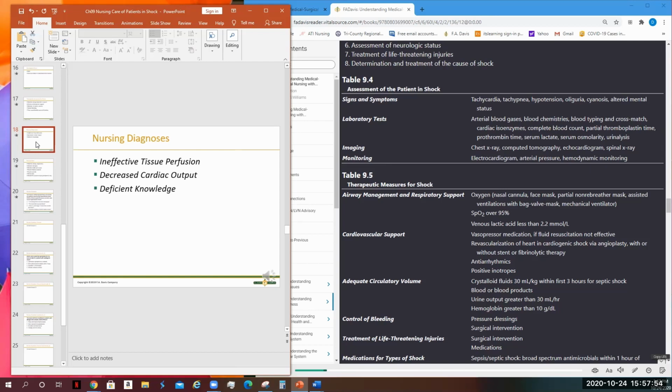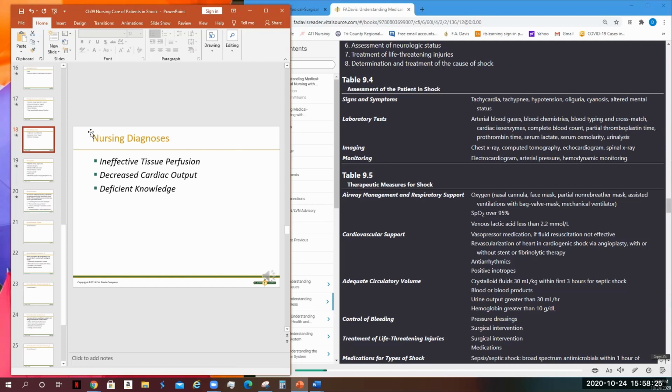And for imaging, might include chest x-ray, a computed tomography or CT scan, which is a series of x-rays, echocardiogram, or a spinal x-ray. For monitoring, there will be an electrocardiogram, arterial pressure, and hemodynamic monitoring. The therapeutic measures for shock include